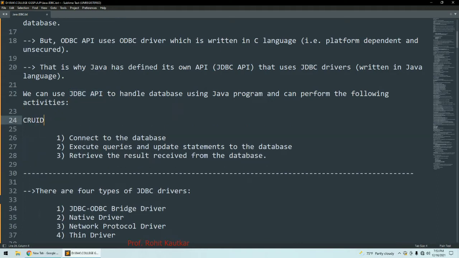Now what is a CRUD operation? It allows you to create, retrieve, update, and delete. These basic operations will be performed on the database with the help of the JDBC API. So your Java program will be able to perform all these operations on a database.